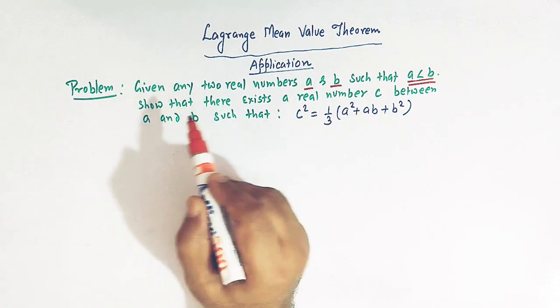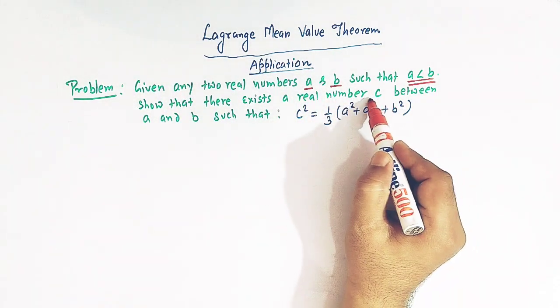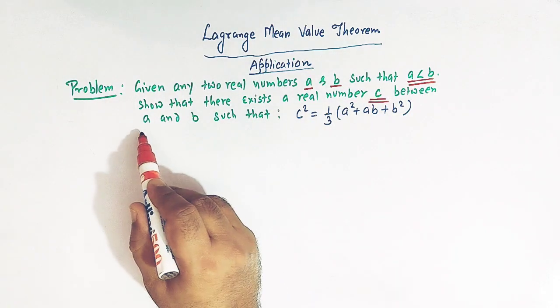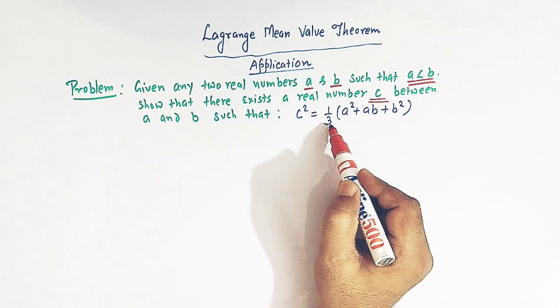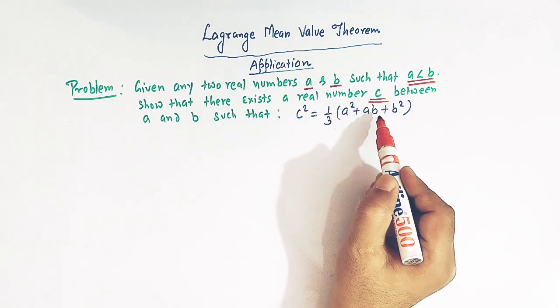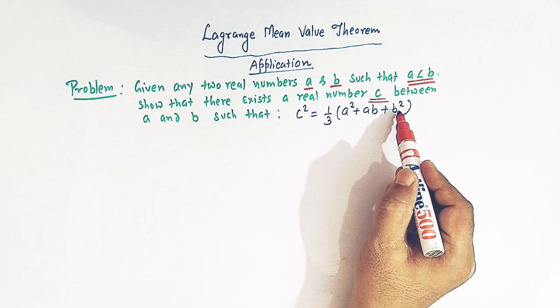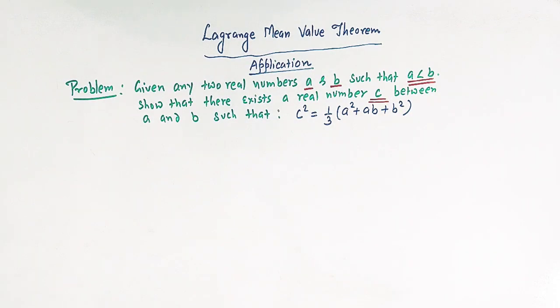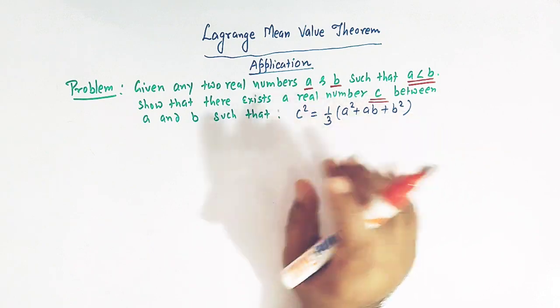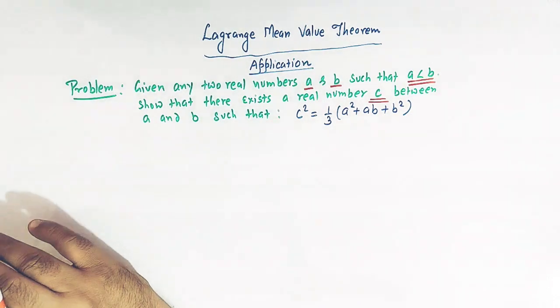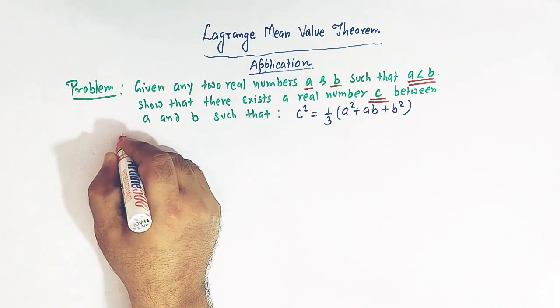Then we have to show that there exists a real number c between a and b such that c square is equal to 1 over 3 times a square plus ab plus b square. So by the method of Lagrange's mean value theorem, we'll solve this problem. So let us start. Before going through this problem, let us quickly revisit the statement of Lagrange's mean